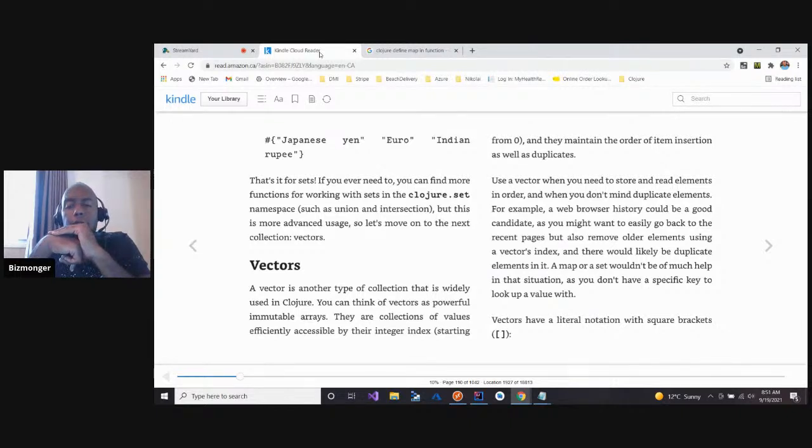I understand why a set wouldn't be of much help, but why would a hash map not be of much help when you're making a journal of visited web pages? The whole point of a map is, I mean, it's a dictionary.